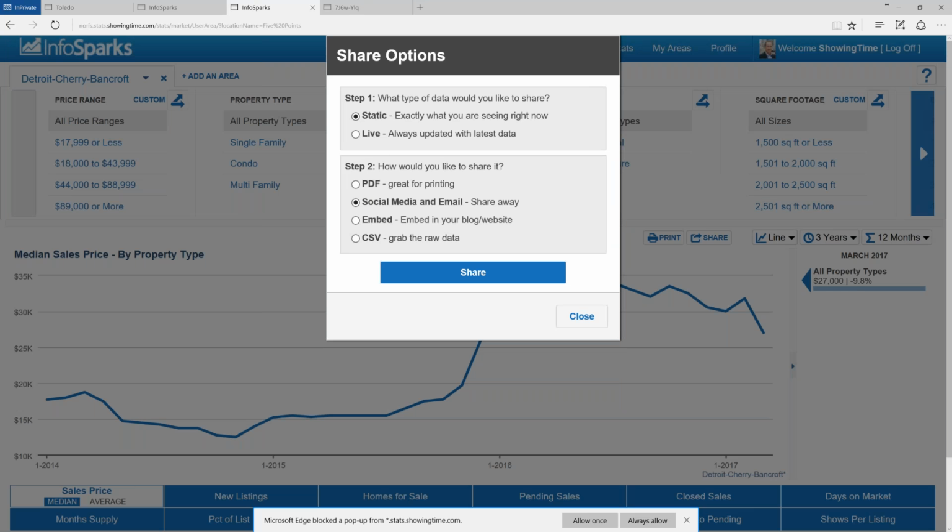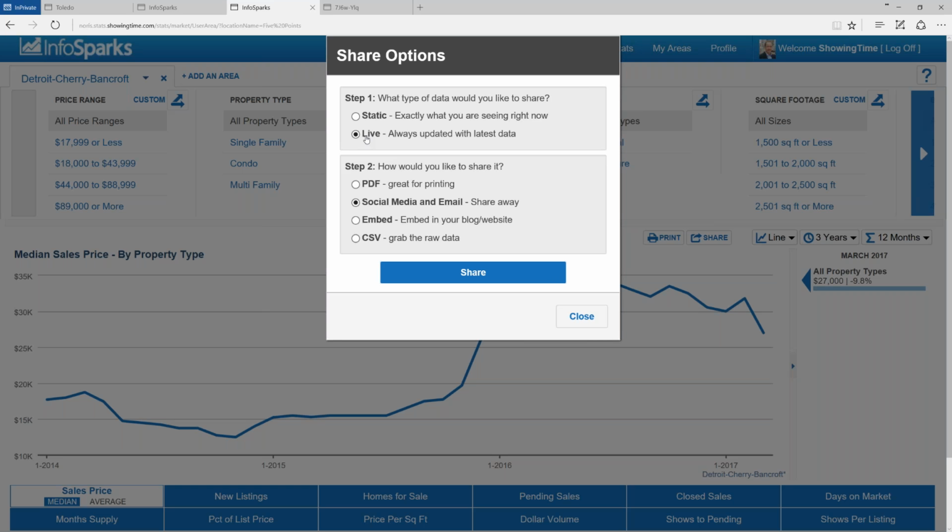Now, the other sharing options that are available: if we hit the share button, we have a choice between static or live. Static means that the report that we generate here, once we've created it, the numbers on there will remain static forever. So this is great if you're doing an article or a blog post or a Facebook share where you're specifically talking about a certain number on the chart or a certain month, and you don't want that to ever change, so that what you've typed and discussed doesn't adjust.